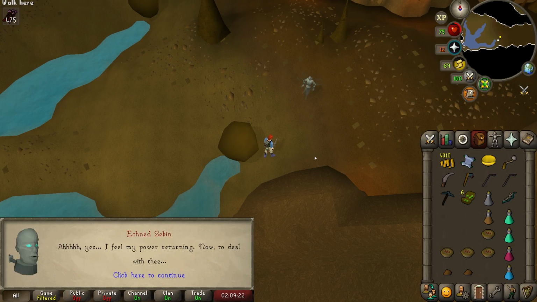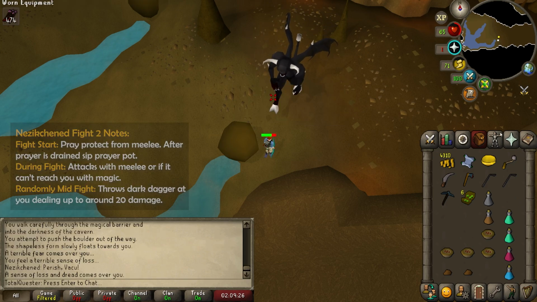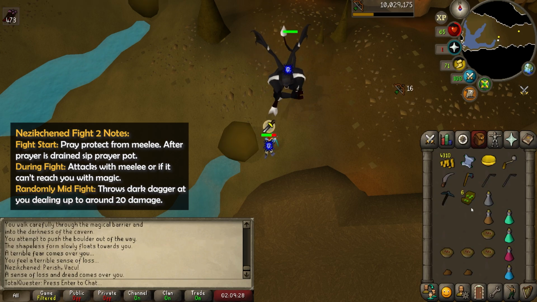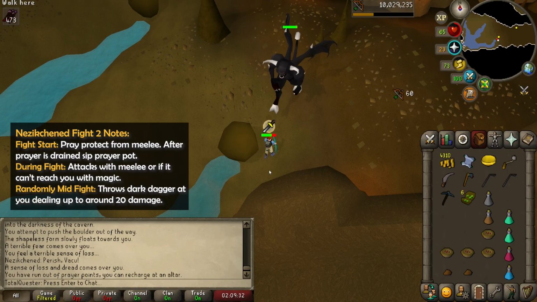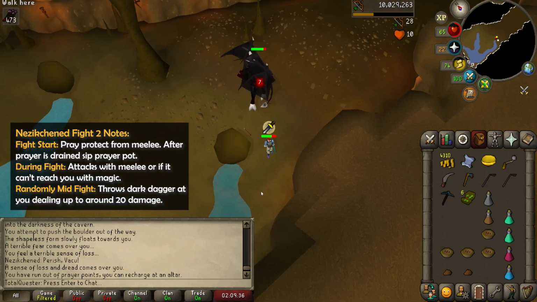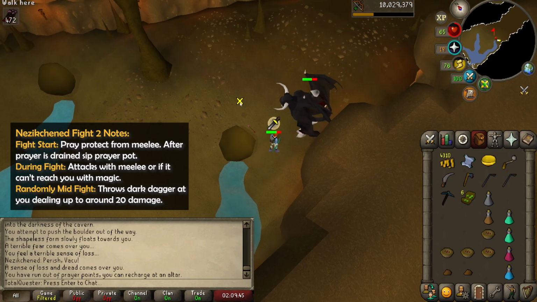The ghost will then appear and take the dagger from you, and right afterwards it'll take its true form as Nezi the demon and drain your prayer points. Once again, you'll need to defeat the level 187 demon. Ideally, just drink a few sips of your prayer potion and pop on Protect from Melee, which will make the